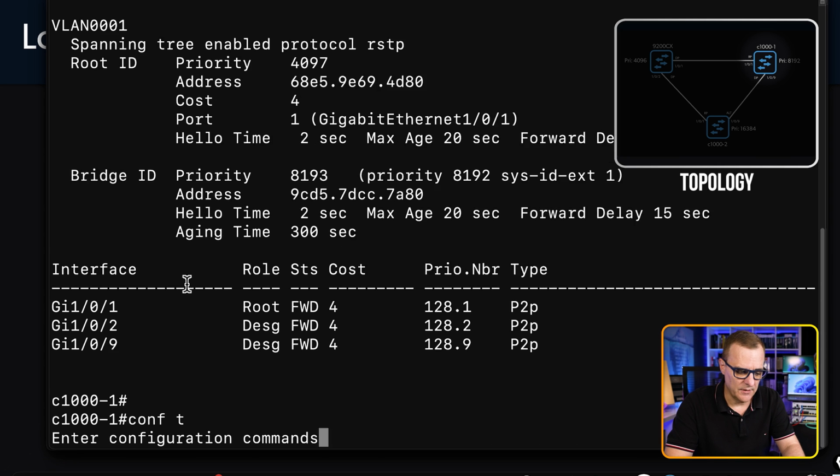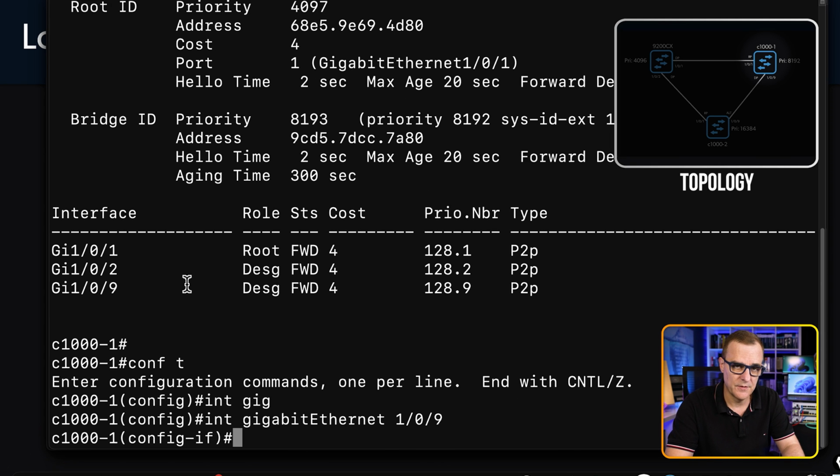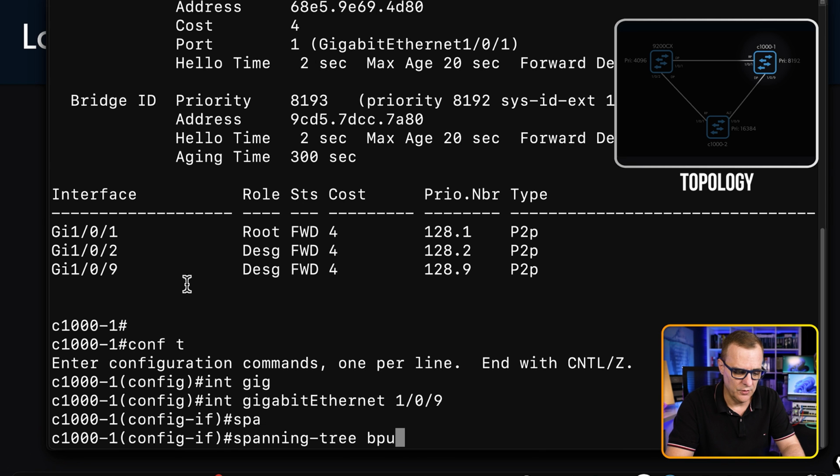Okay, but now let's break it. Interface gigabit 1/0/9. This is the fiber interface. Spanning-tree bpdufilter